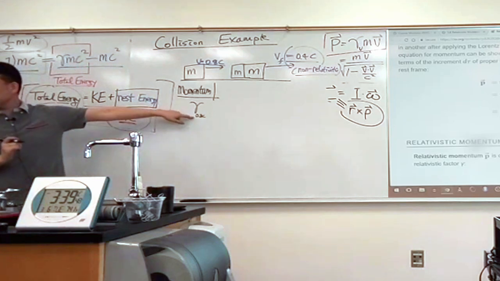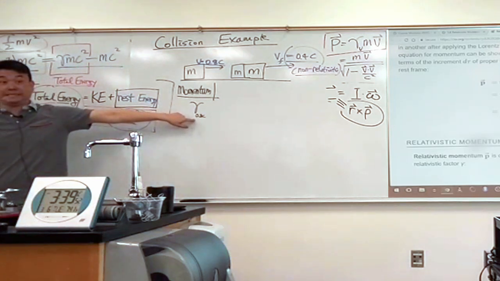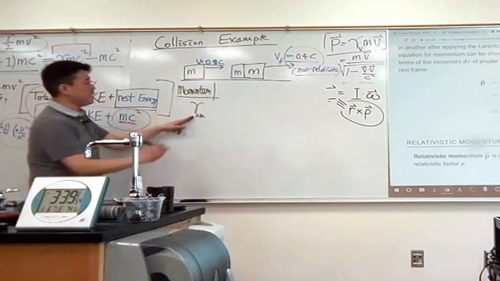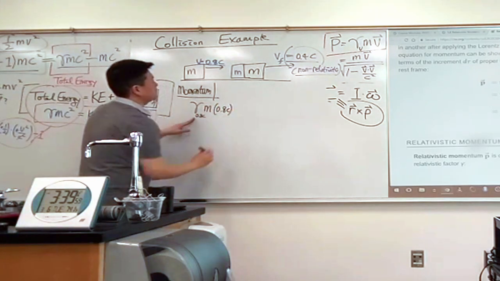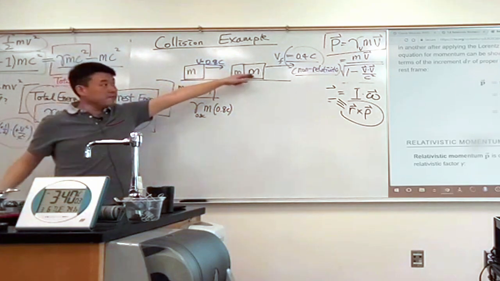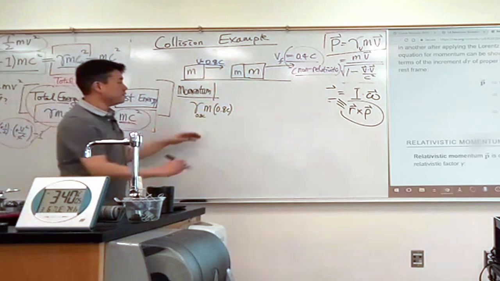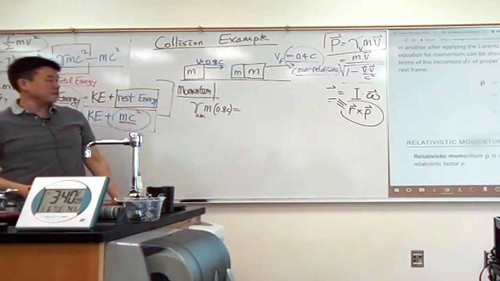I'm going to start subscripting gamma because there are going to be multiple gammas based on different velocities. So gamma at 0.8 c, times m times 0.8 c, plus 0, since the second block is not moving. So gamma is 1, but v is 0, so it's 0 momentum. This is equal to my final momentum, which would be